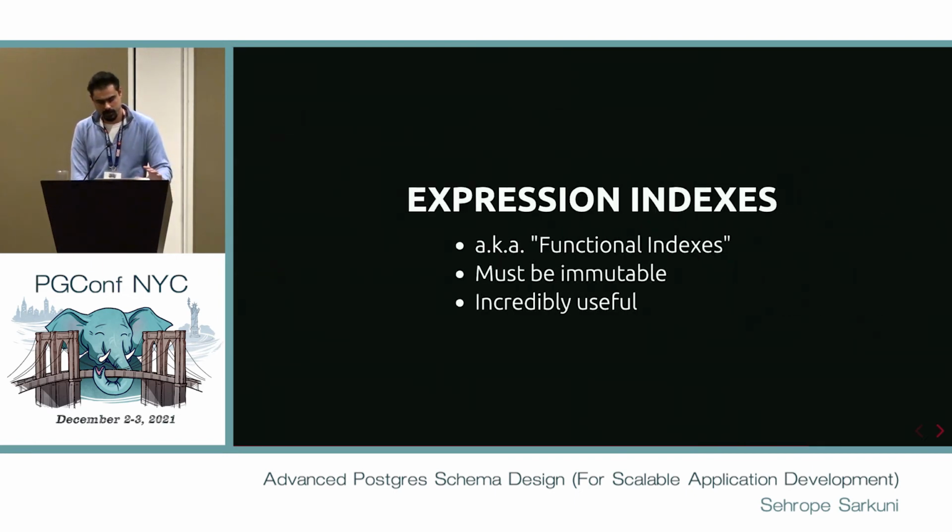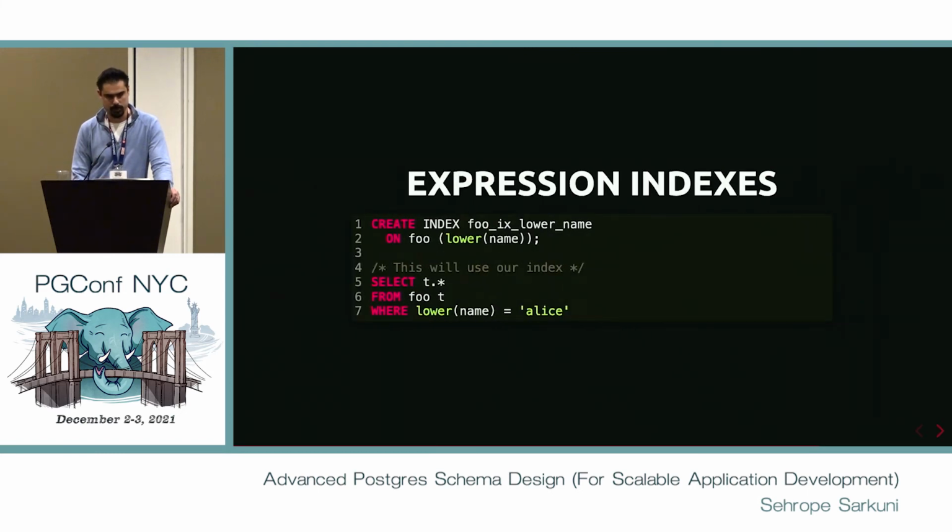Now, there's another kind of index, which is my favorite kind, expression indexes. We saw one of these before when I had that example with the lower. This is really just any immutable expression based upon some row inside the table. So in this example, I'm creating an index on the lower of name. And again, Postgres will just maintain this for me. It will physically store that lower there, and I can query against it on the lower of whatever my input is,